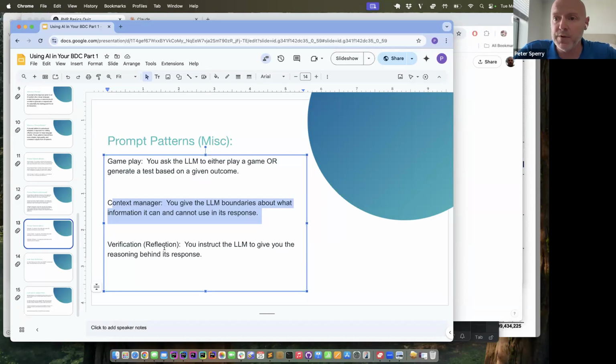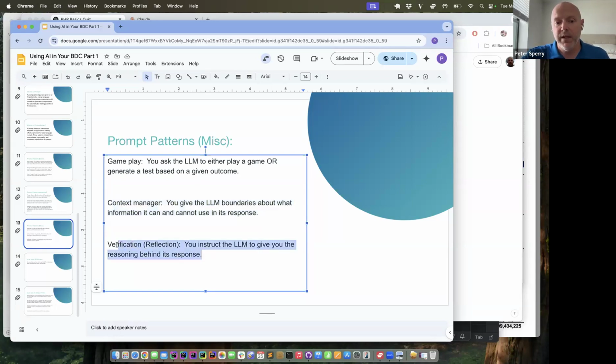You can actually upload those into ChatGPT. And then when you're crafting questions for those, if you wanted to do a game for your agents on the training materials, you can tell ChatGPT, only use the information that I've uploaded. So I won't show an example of this one today. It's kind of tough, but this is one where you can tell ChatGPT what information it's allowed to use in its response.